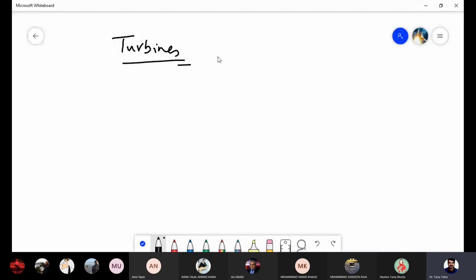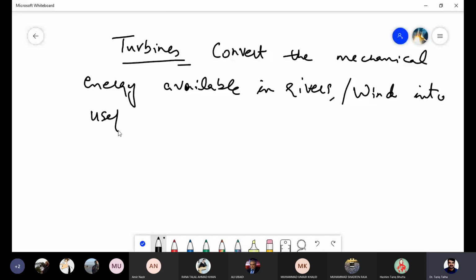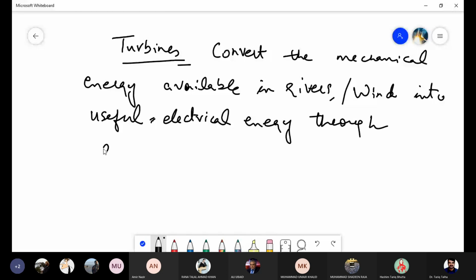The basic purpose of a turbine is to convert the mechanical energy available in rivers or wind into useful electrical work, electrical energy, or we can also call it useful mechanical energy, right? Through a rotating shaft,